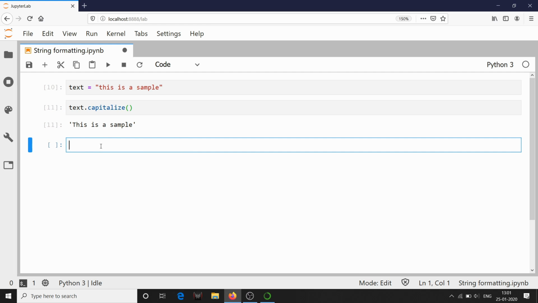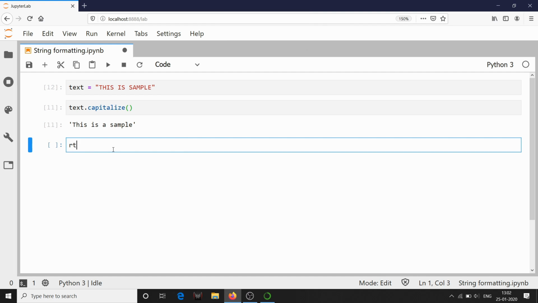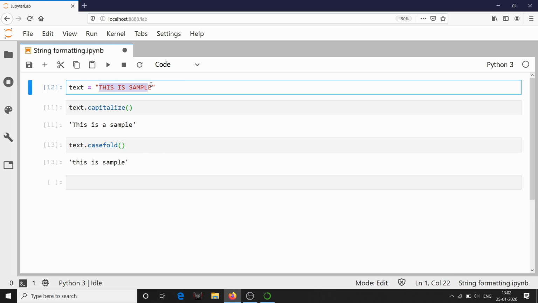Similarly, we can convert a string into lowercase by using casefold. I am declaring this sample, and I am going to use this function casefold. We declared the string as all uppercase, but using the casefold method we could convert the string